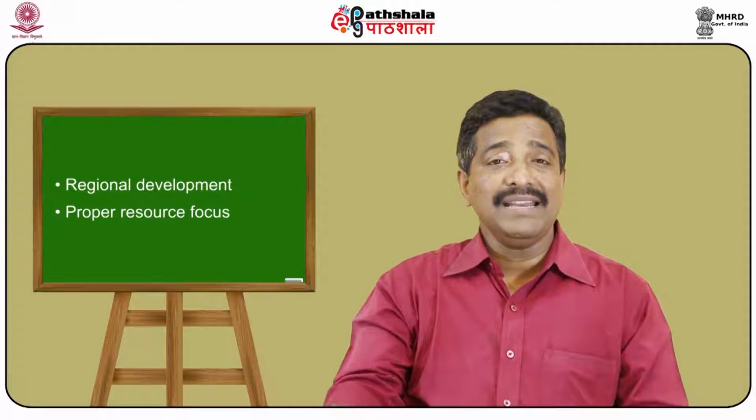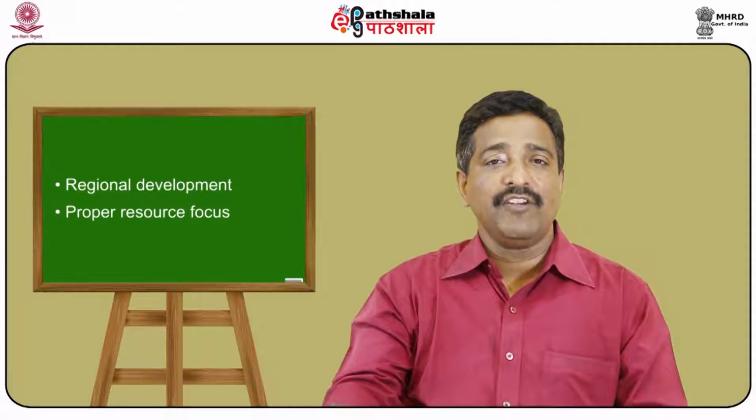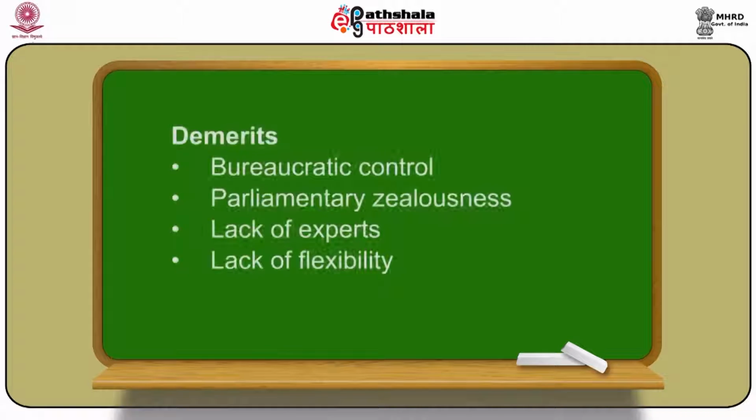Now coming to the demerits of the departmental form of public enterprise, one finds that there is too much bureaucratic control, which hinders the speed and effective decisions in operations. Indian Railways is one more example where we find sometimes the decisions are taken a bit slow, which impairs its efficiency. So one disadvantage is bureaucratic control, which needs to be lessened or loosened so that these departmental forms of public enterprises function more effectively.